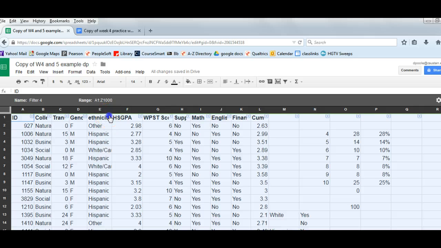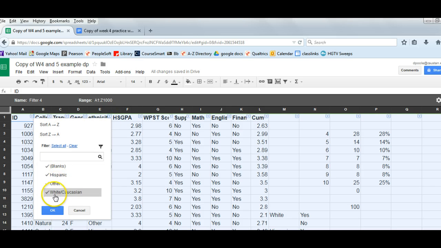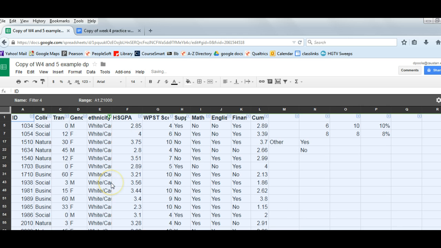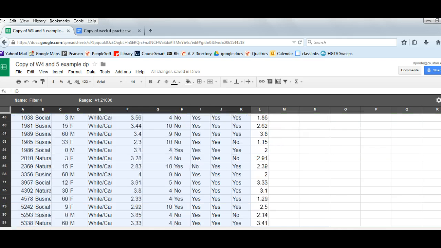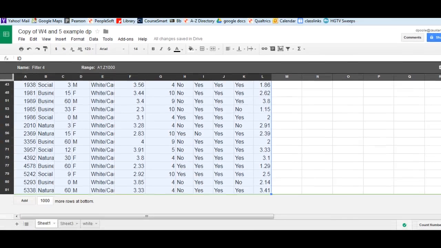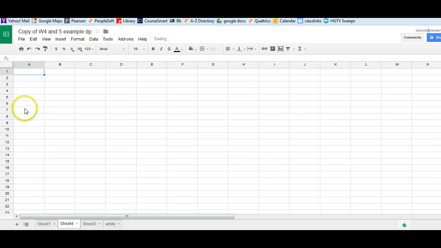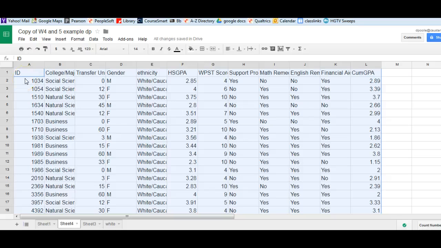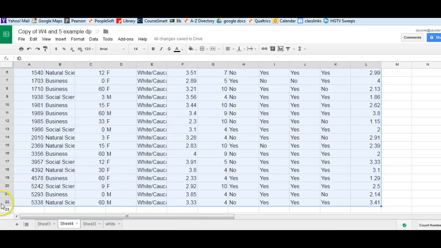So I'm going to start with ethnicity. The default is that it shows everything. I'm going to just choose white and click OK. Then I'm going to take that information and copy it. Down at the very bottom of the spreadsheet, there's a little plus that allows you to add a sheet. So I'm going to click that, and then paste, because that will show me how many people meet the criteria. Now I do have one row with the labels, so it's up to 22, which means